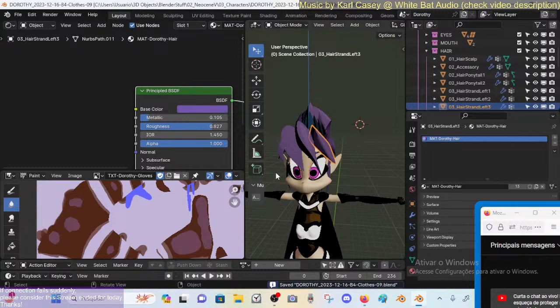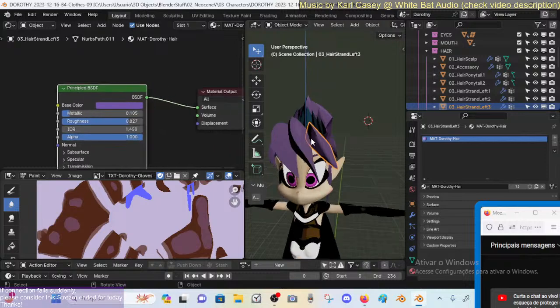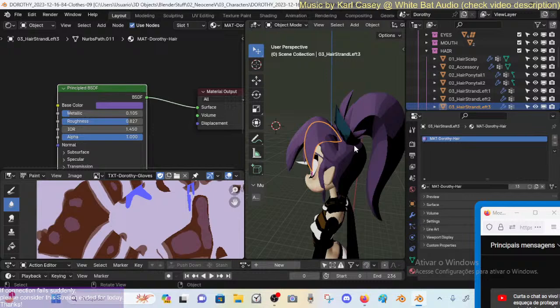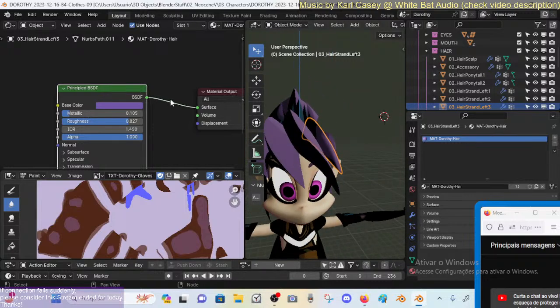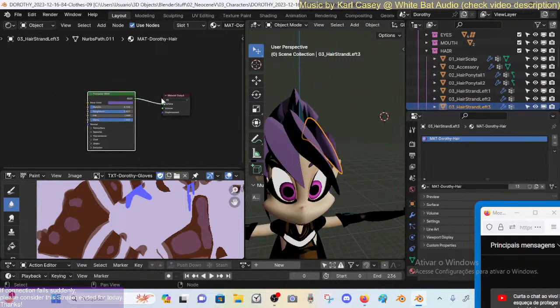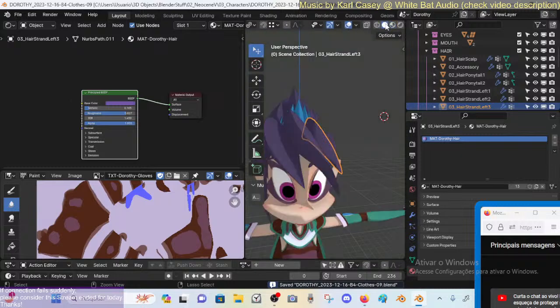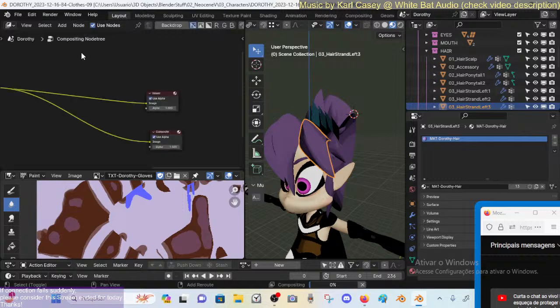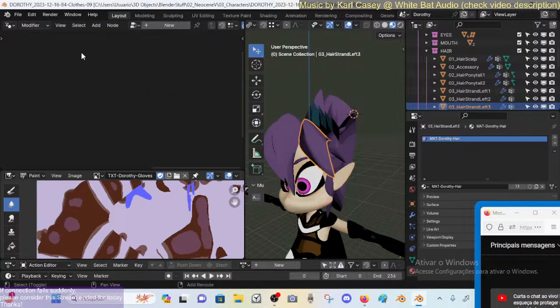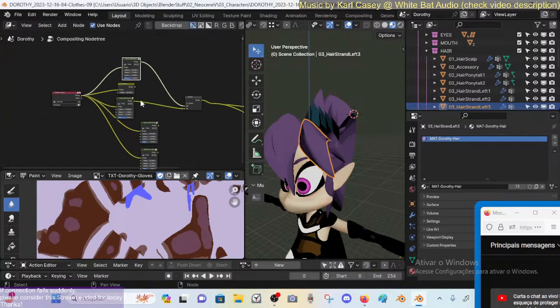Alright, so you see the results are not different from what I had before, and I got rid of many things. If I got rid of the compositor effect here,